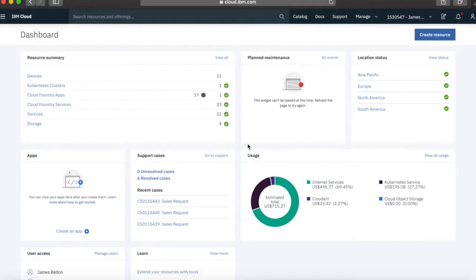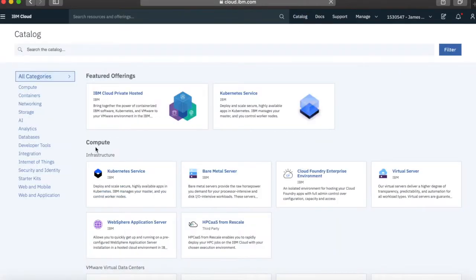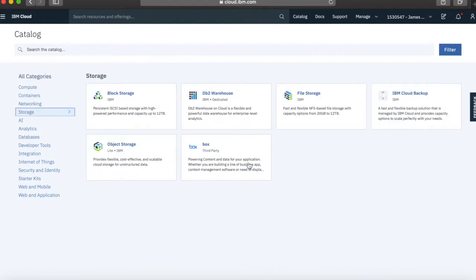Okay, so here I am in my IBM Cloud dashboard, and obviously to create some file storage I need to first of all go to the catalogue, so let's click on catalogue, and once I'm here, if I then just go to storage, then you can see the various storage options here. So obviously we want some file storage, so if I click on here,